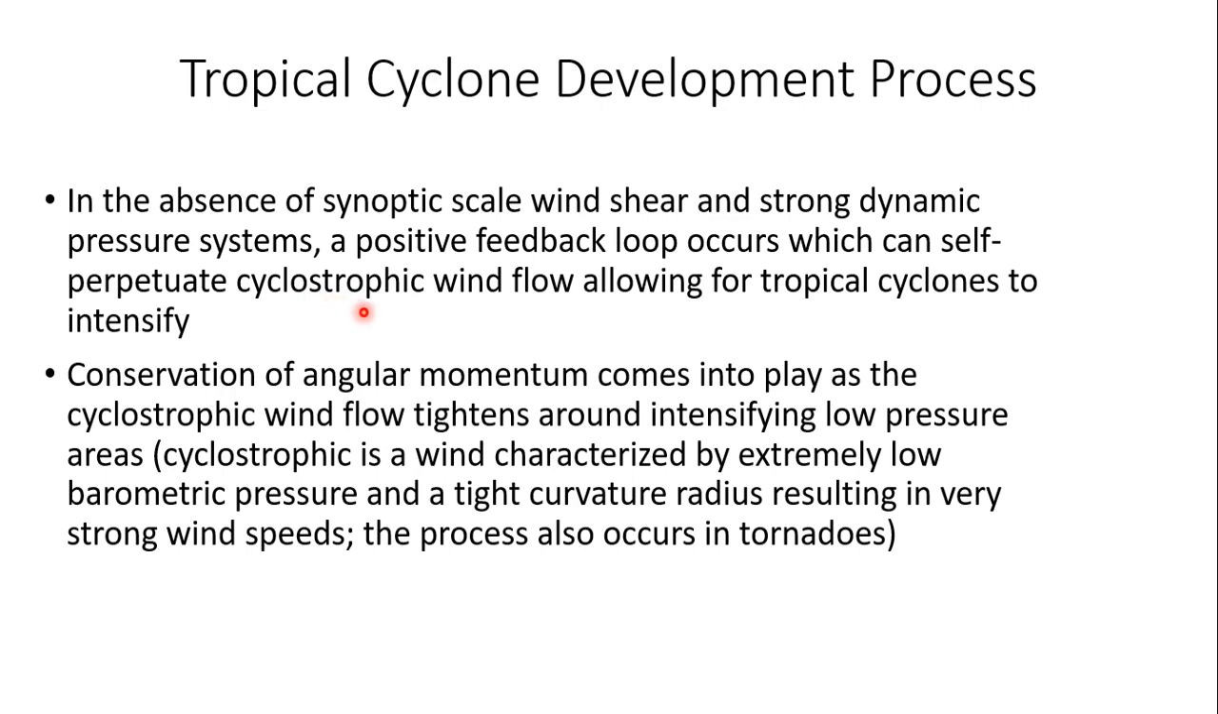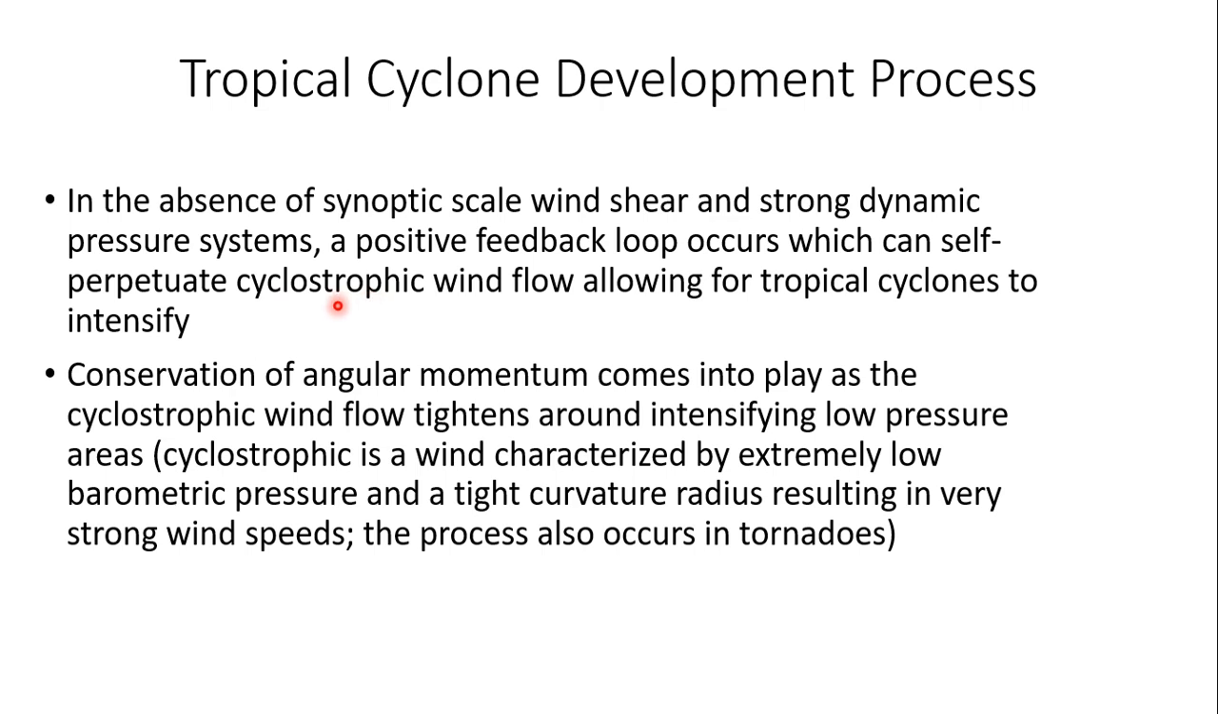I kind of hinted at that with the size of the eye, the diameter of the eye. The smaller the diameter, the stronger the winds are going to blow, the more devastating and intense the storm is going to be, when you have stronger cyclostrophic flow rotating around the eye, around the center of circulation. So hopefully that helped explain what cyclostrophic means. Very low barometric pressure, very short distances. Two examples in the atmosphere would be a tornado